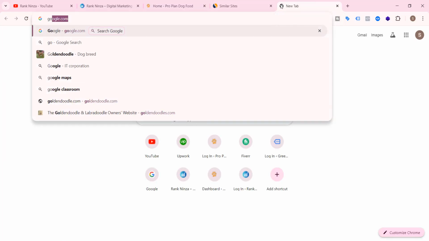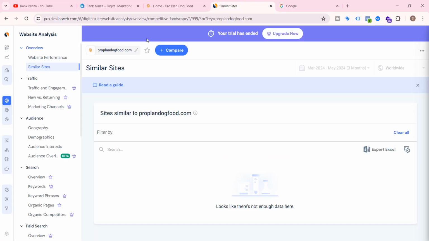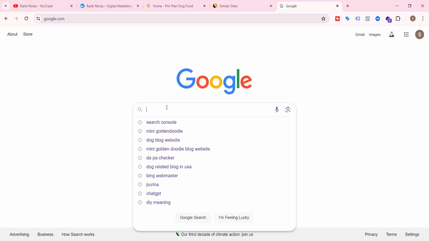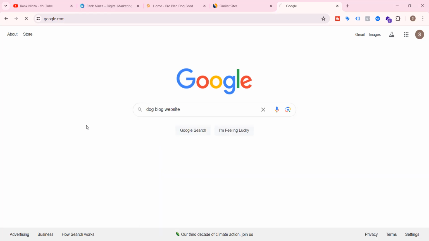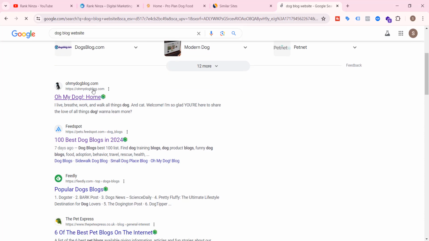So just make a new tab and open google.com and search using the niche of this website. So here, dog blog website is good. Oh my dog blog, it's a blog,